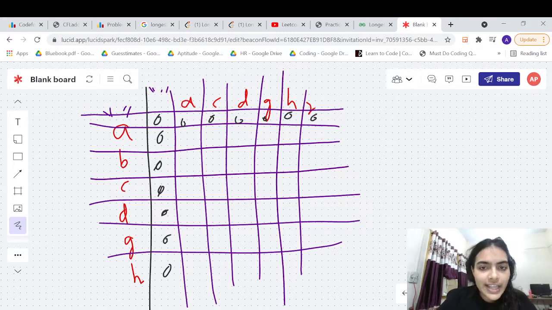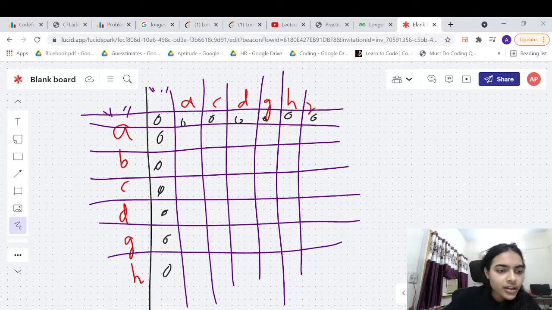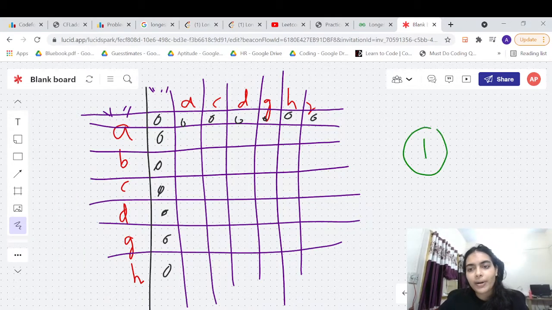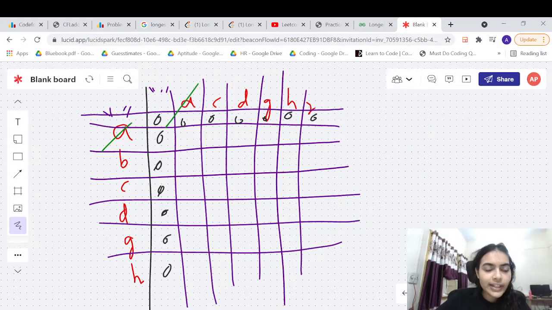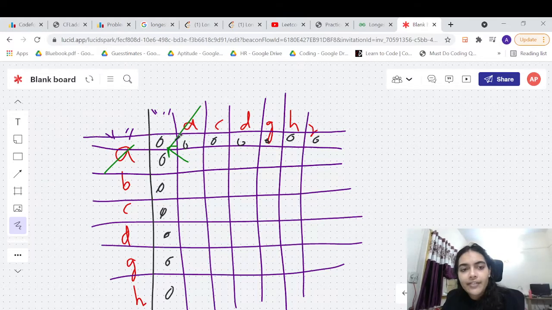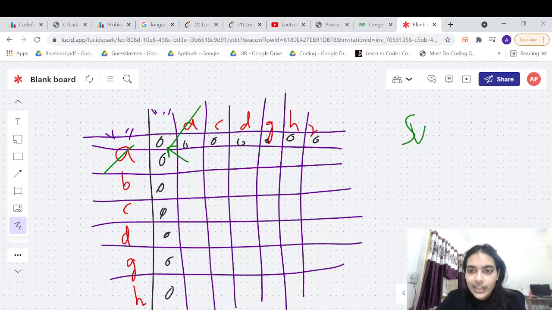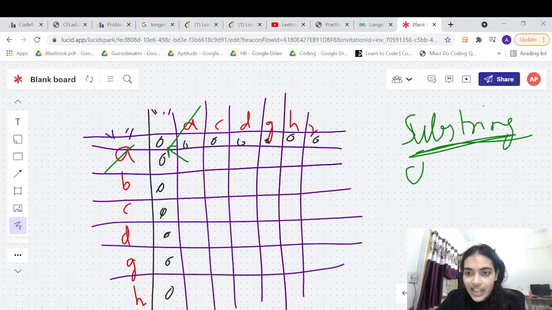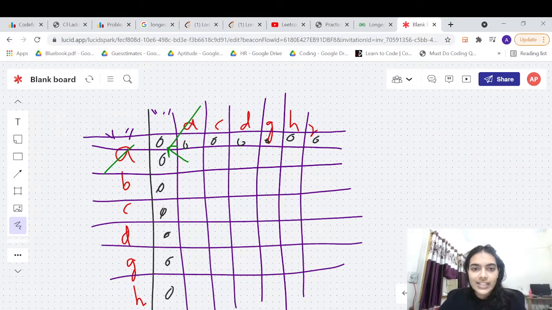But for the remaining cells, let's say for this cell A and A, I have found one character in common. Once I have established this character is in common, I will look behind me to see if there is a substring that is continuing. It's very important that we understand substring is different from subsequence. Substring means the characters have to be continuous. They have to be together, grouped together as a block.